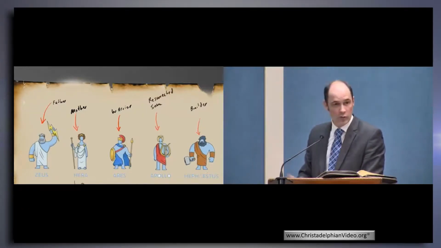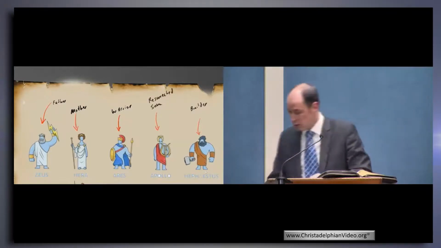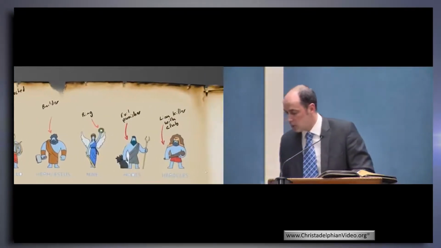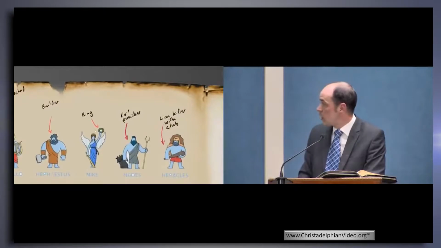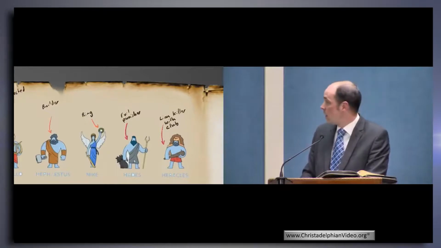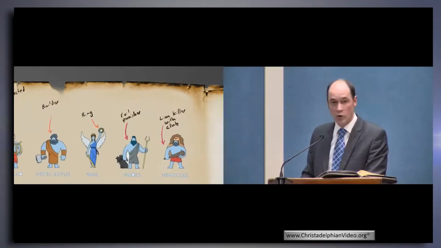And there's basically this guy who's the warrior god, so they've got to have one of those, and a builder god. Go back to your Baal in your mind. Yeah, he was a warrior. He was a builder. Oh, and there's Nike, who has the ring of victory that she gives to people. Oh, there's Hades, the evil punisher, the new version of Seth. And then you've got Hercules, the kind of hero guy.